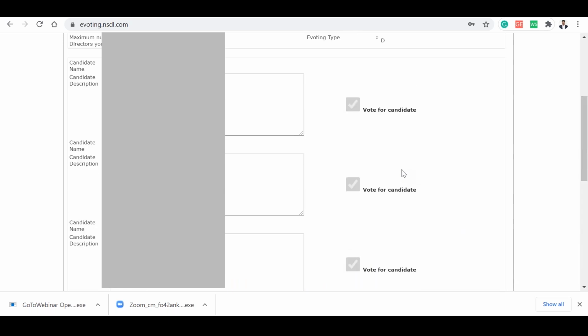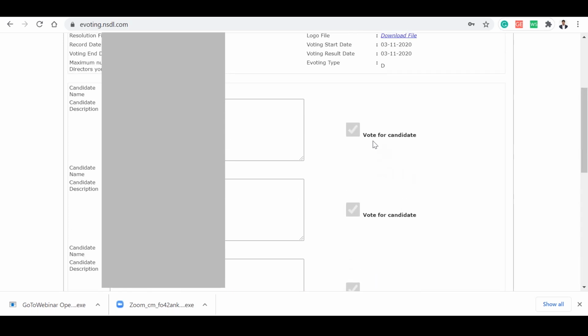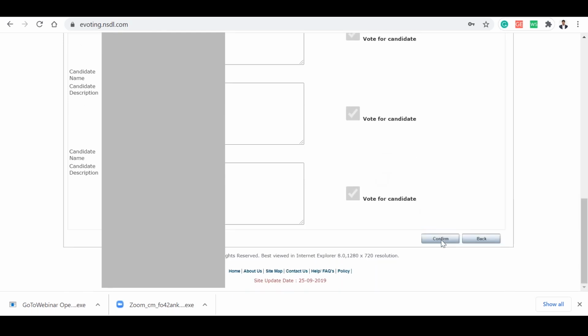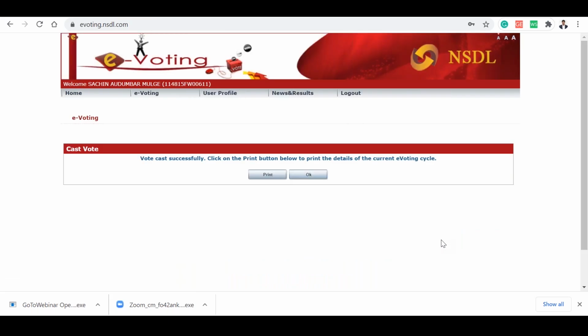You have to cross check whether you have selected 6 votes. 1, 2, 3, 4, 5, 6, and confirm. Congratulations, you have successfully cast your vote for the zonal election. If you want a print, you can take a print. This way, you have successfully cast your vote as a responsible Islam member.